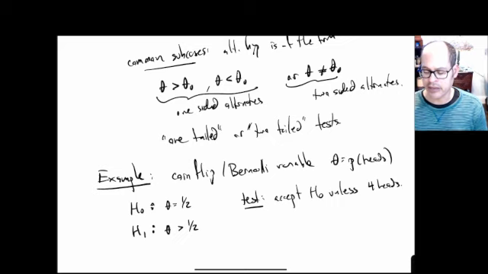Just because it doesn't come up 4 heads, that doesn't mean that we have a lot of evidence that the probability is 1/2. It rather just means that we cannot, based on the evidence that we've observed, discount the null hypothesis. So we're going to reserve judgment. So I've written accept the null hypothesis. I've often said it in terms of accepting the null hypothesis, but in this case, particularly of these composite hypotheses,